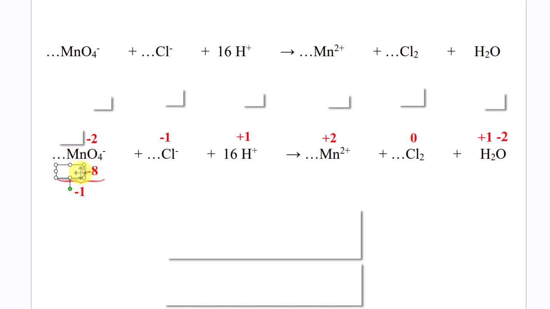a -1. Okay, I'm not going to pull my calculator out for that. That's going to be a +7. So there is our permanganate manganese oxidation number. We've got the oxidation numbers of everybody here. Every single element, we've got the oxidation number of one of them. Sometimes we have to go down here to find out the total oxidation number, do some calculating, but we want